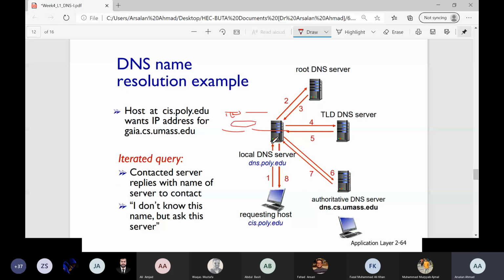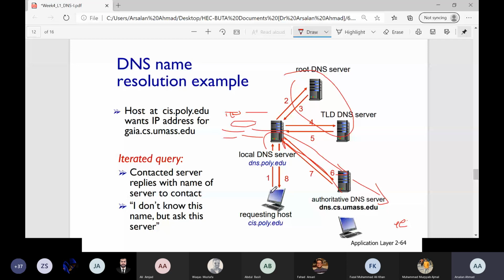Okay, and then the final IP, and that entry is also cached in the DNS cache. When the requesting host requests the same name next time, or another machine does, it will simply skip all these steps and contact the authoritative name server directly, because it has the entry of that name server. The reply will go to the local name server, which will then transfer it to